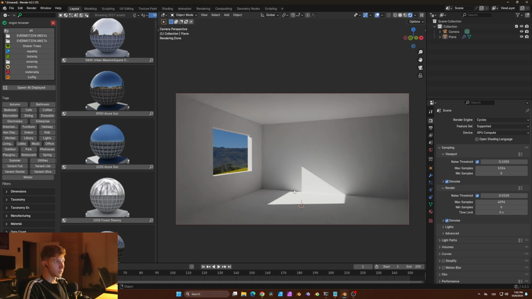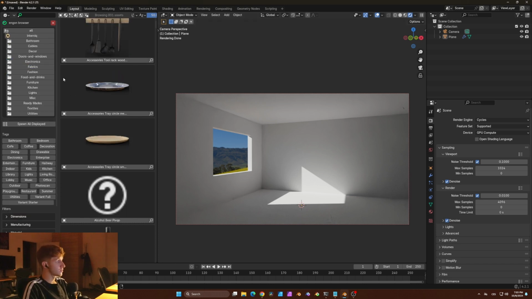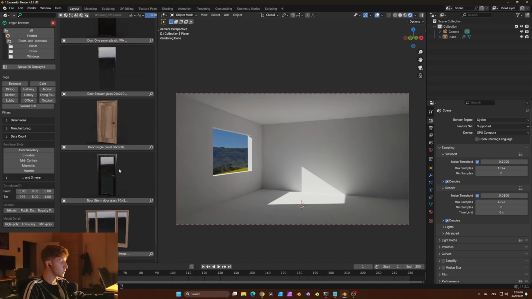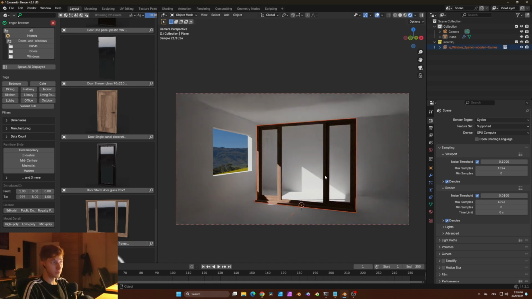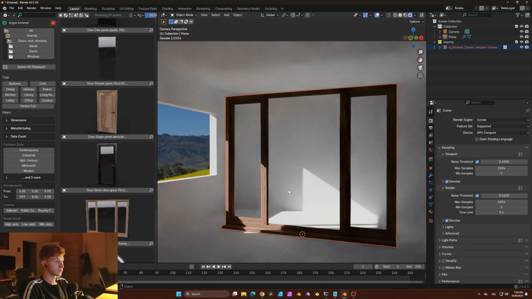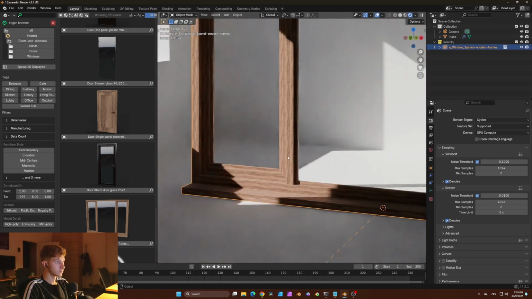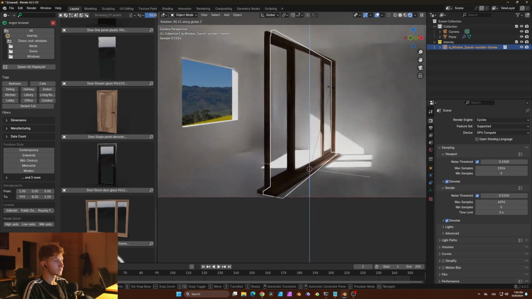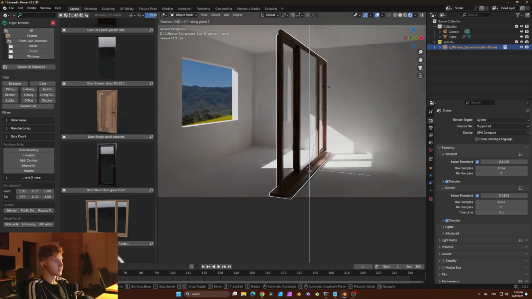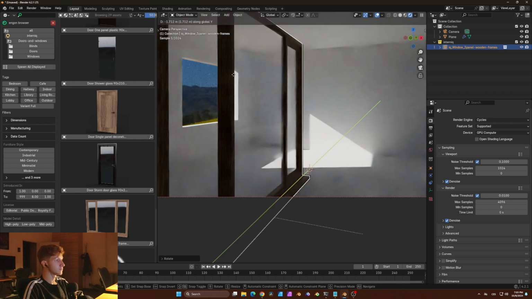Okie dokie. So we have some room set up, we have a view, and we have some light coming from the side. So now let's get to the fun part. If we go into the Interniq tab, we can see that there's a category called doors and windows. So down here we have this asset, which is window 3-panel wooden frame. Now if we import it, we can see that it's just straight up in the scene, which is great. It also has wood already mapped to it, and we can see that if we rotate it by 90 degrees along the Z-axis,